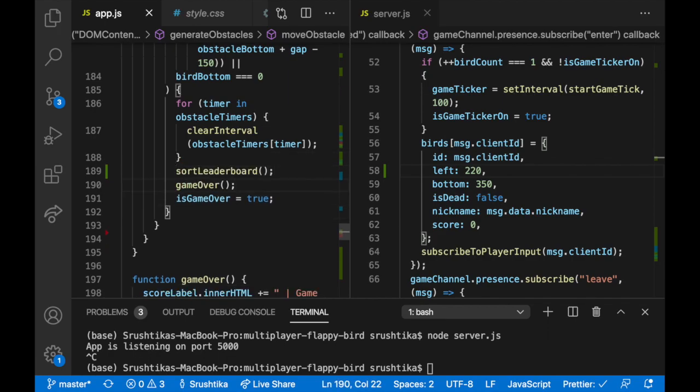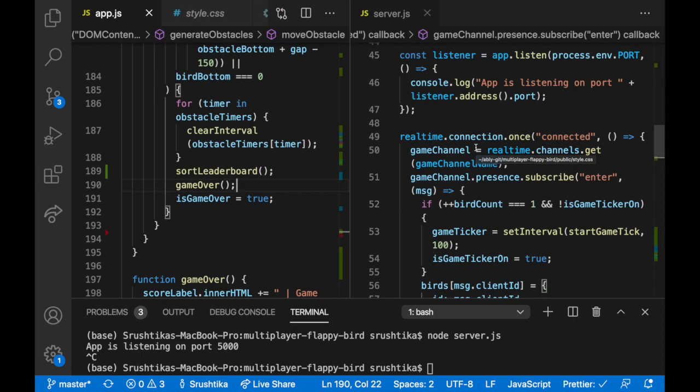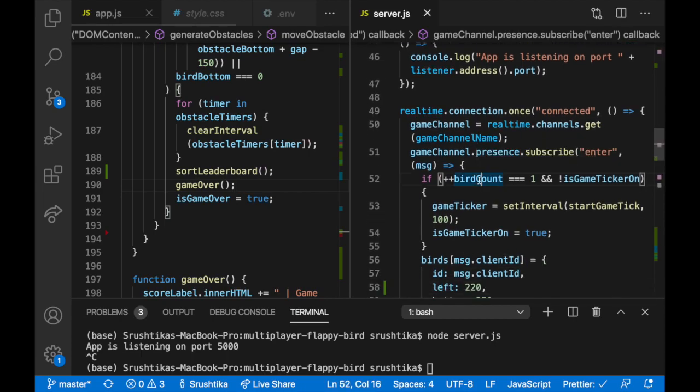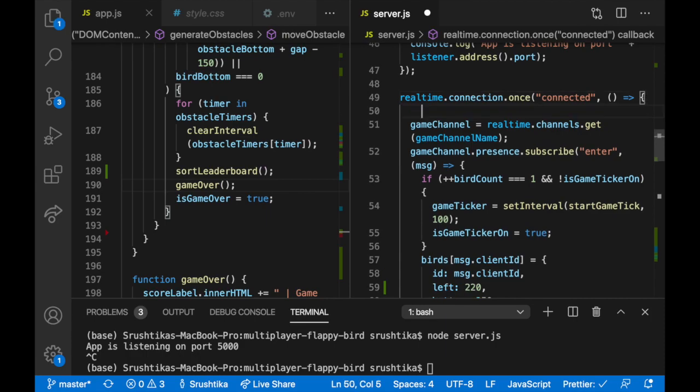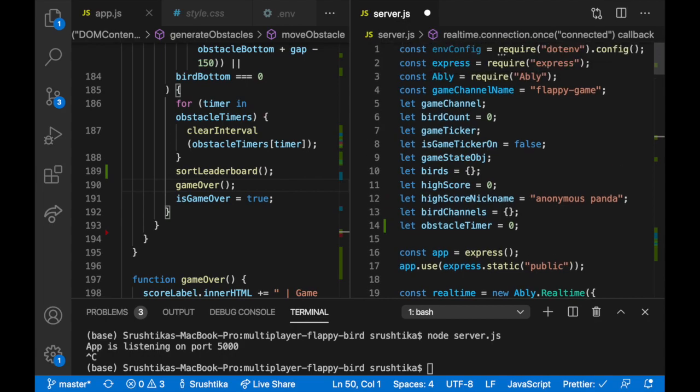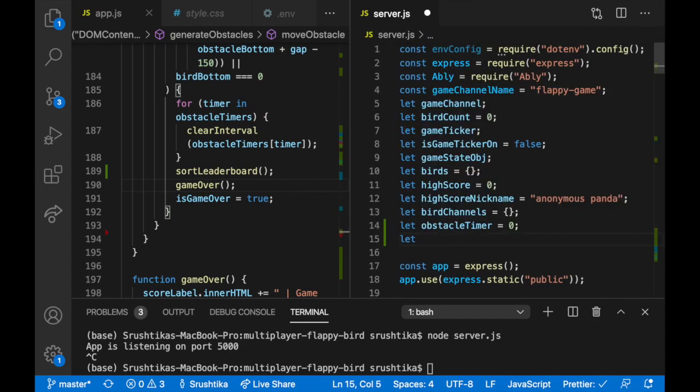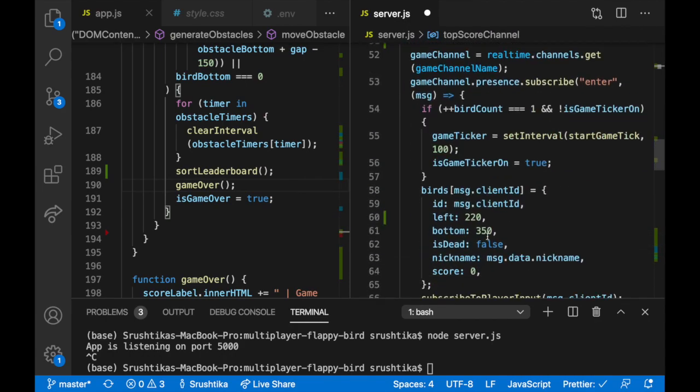So we just have a couple of things left to implement in this project. Because we are not connected to a database at all, any top score that we save on our server will be reset when we restart our server. So instead of that, we can make use of the functionality in Ably called Rewind, which lets you get a previously published message at the time of attachment if you connect within a particular deadline of that message being published, usually up to 72 hours. So let's declare a variable called topscore channel and we'll get that channel,